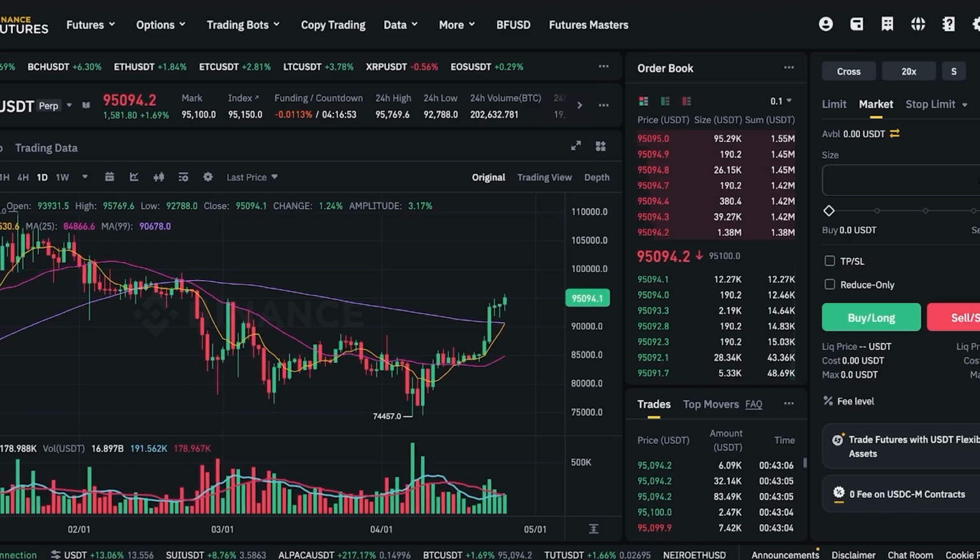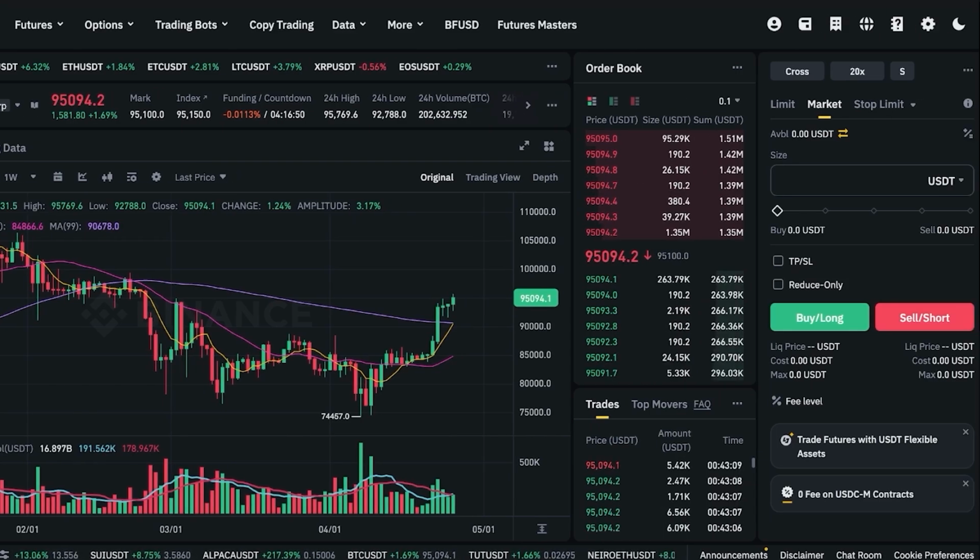Now, in this, you open long or short positions, which means that you buy or sell. You can set your take profit and stop loss and monitor your margin balance. Liquidation occurs if your margin falls below the required levels. And pro tip, you need to start with low leverage, never risk more than you can afford to lose, and practice on the Binance Testnet